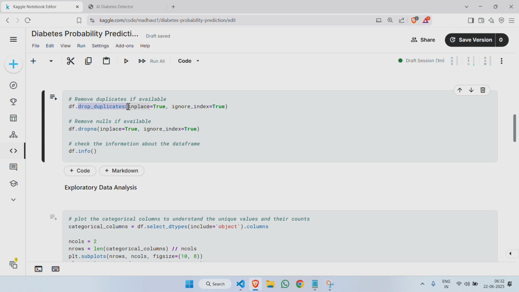So to remove duplicates, we have the drop duplicates method. When we apply that, it will remove duplicates, and inside it I have passed two arguments, inplace equal to true and ignore index equal to true. Inplace equal to true will modify the original data frame, while ignore index equal to true will reorder the